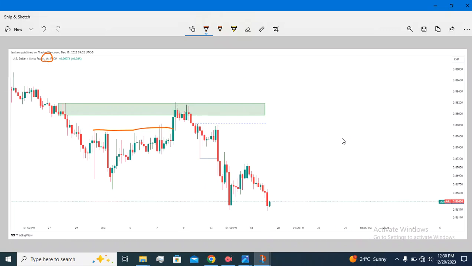So with this sweep of liquidity, our bearish version is supposed to be drawn like this. So after the sweep of liquidity, then the first break of structure, its high, this is where the order is supposed to be taken. And the target